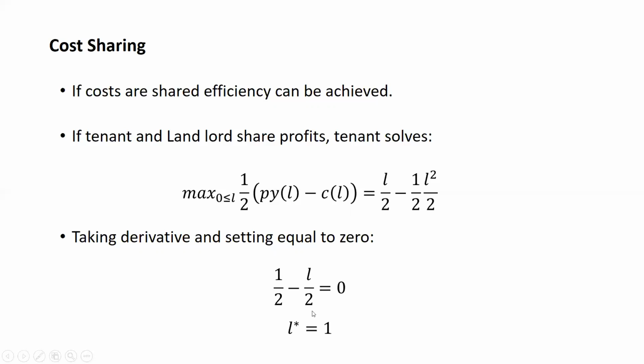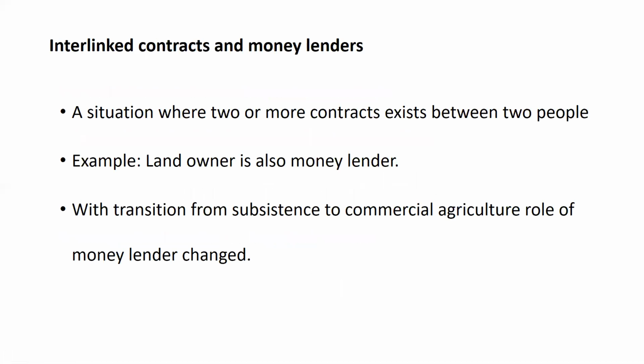And so you end up making the efficient amount of labor effort equal to 1, and the efficient amount of output is produced. But at the same time, if there was some risk in output, now you have some form of insurance, okay? Because, for the same argument as before, you're reducing your volatility. And so cost sharing may be a good alternative.